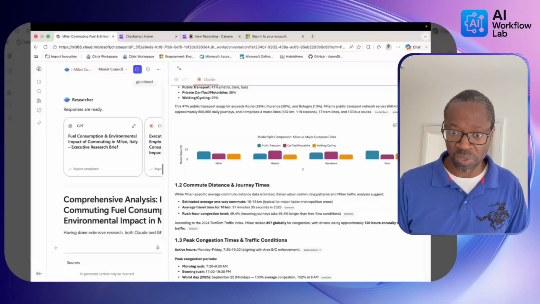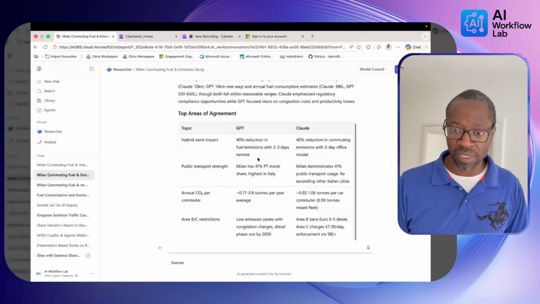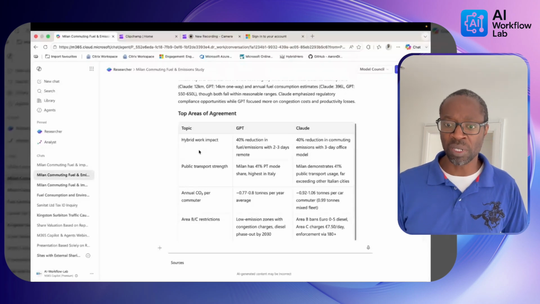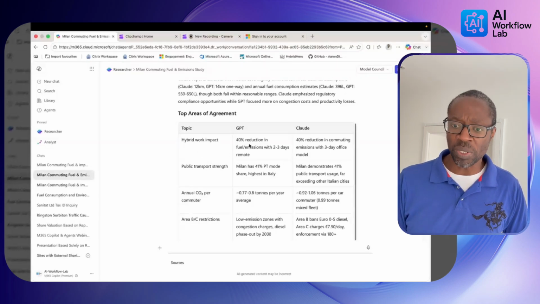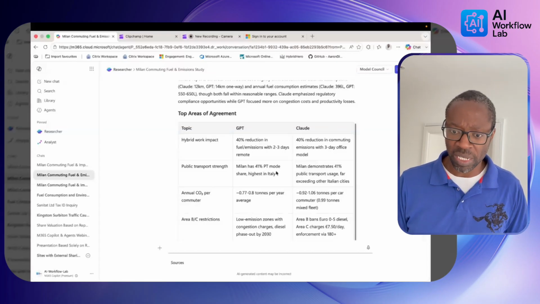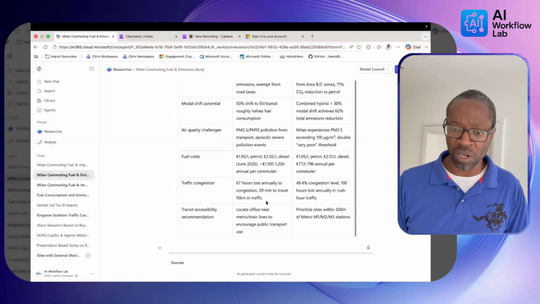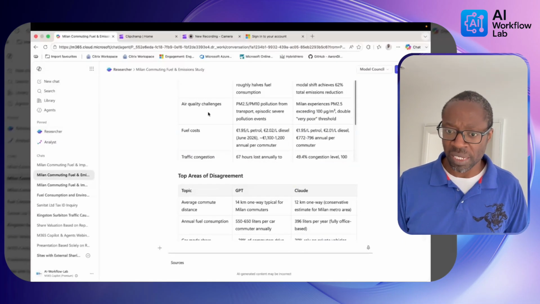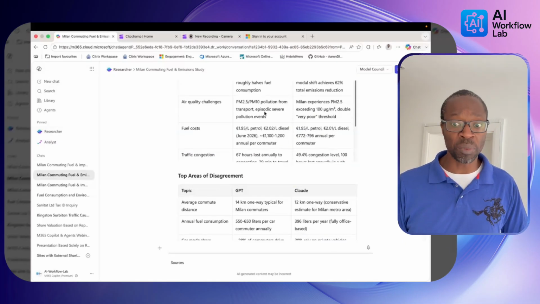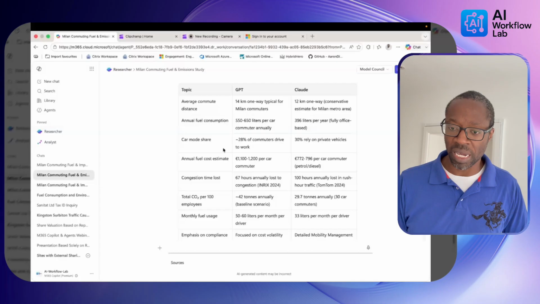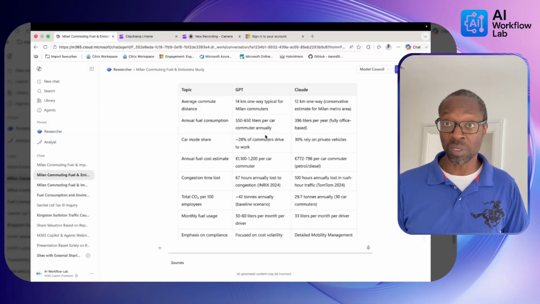Now, if I just close that over there, and areas of agreement, this is where it gets interesting. So you can see where the differences are and where the agreements are. So hybrid work impact. GPT thinks there's a 40% reduction, as does Claude. These are all areas of agreement. So you can see in these categories, both models gave similar results, but in these categories, the models gave slightly